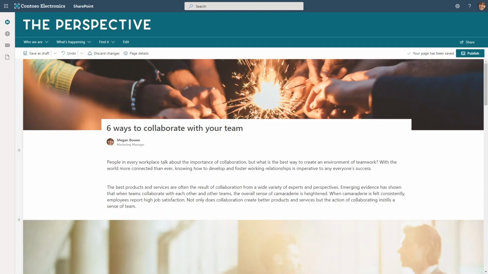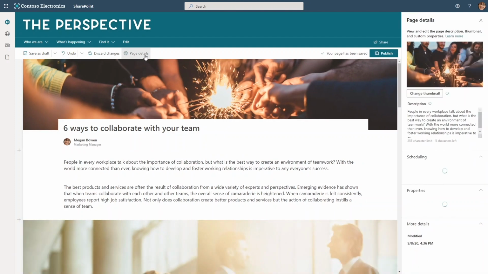Now, since we've been talking about system capabilities and we looked at quick links with audience targeting earlier, one capability I want to draw your attention to is also available in page details, where we know now that we can use our page thumbnail and change the description. But it's a great little feature called scheduling. So let's say you're working on this article on the weekend, but you don't want your news post or your